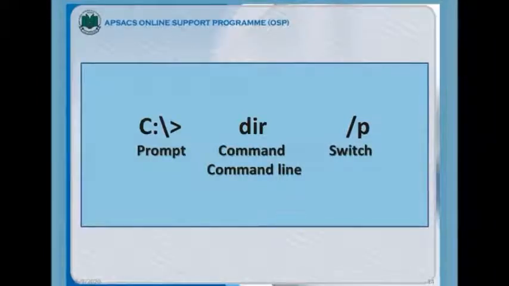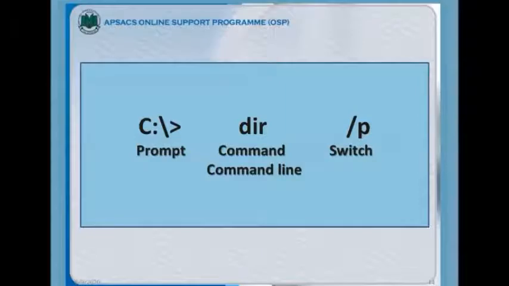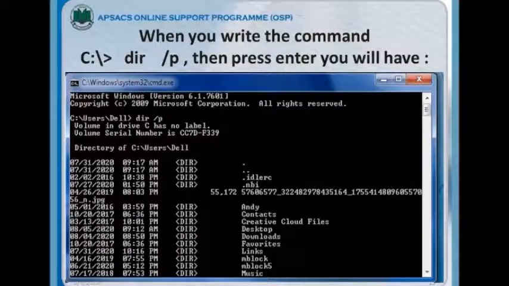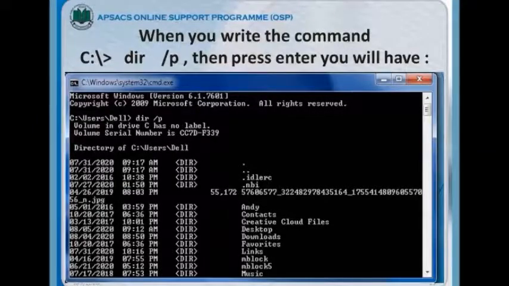Then we have dir, the basic command that we will enter, and /p is a switch. As you enter it, you will see some of the directories, files and folders. I have also shown it in the form of a picture in the next slide.